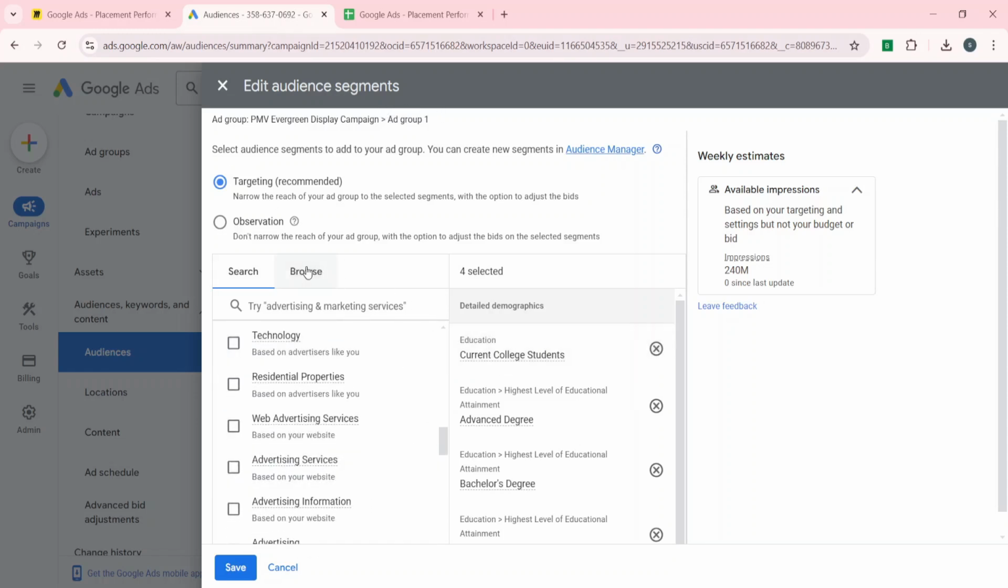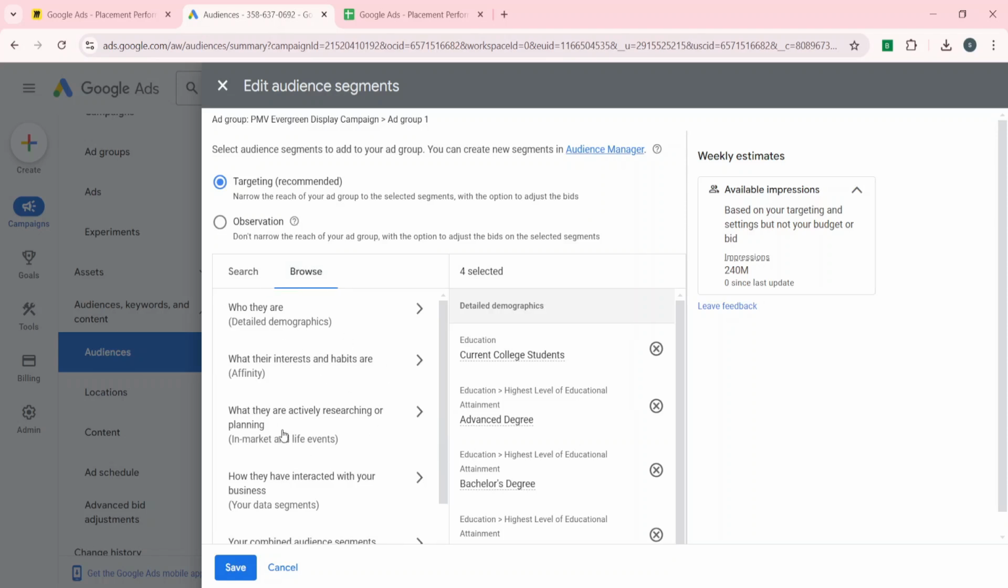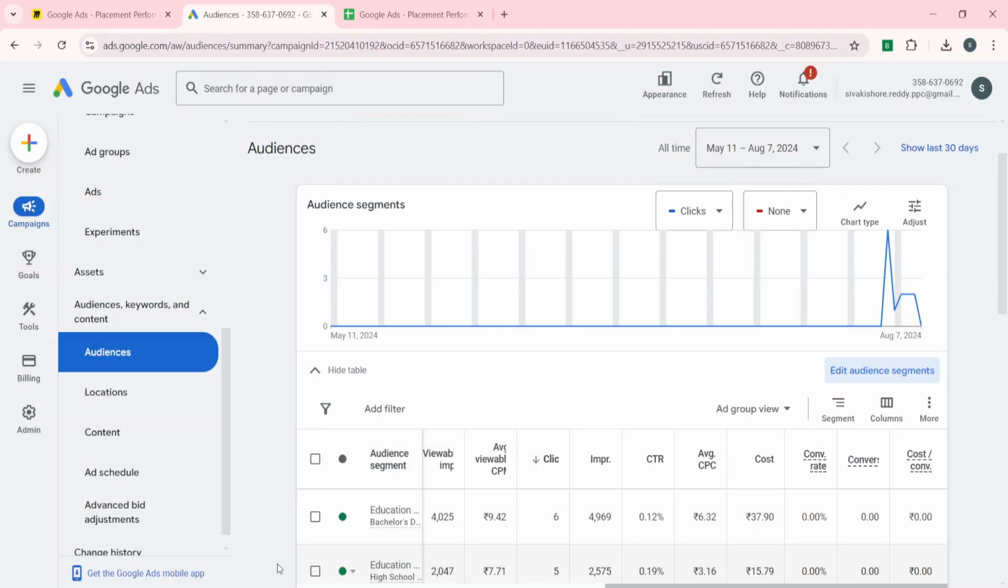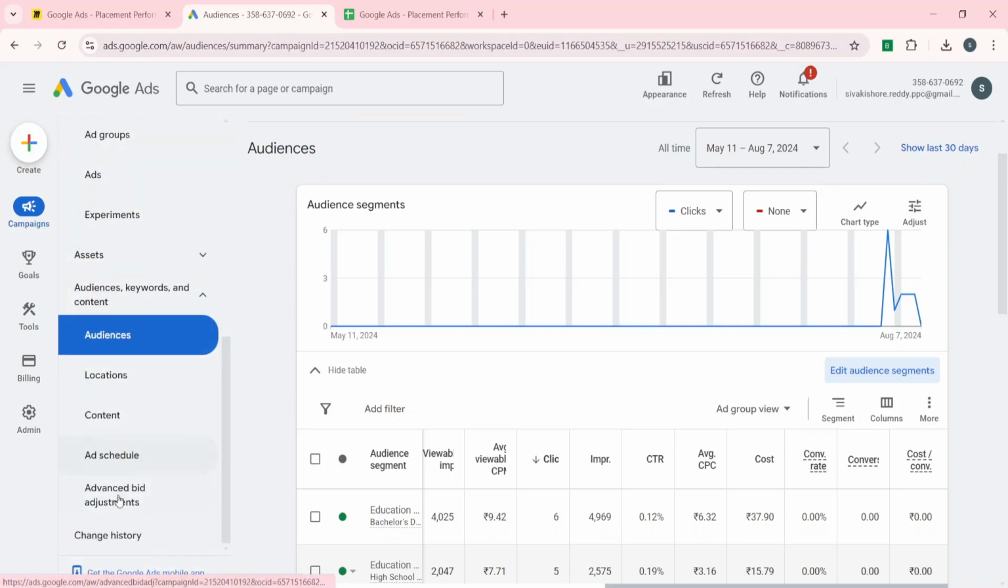And here you can add those audiences and edit all those audiences, or remove those audiences that you don't want if you are in the targeting mode. If it is in the observation mode, no need of it, because it will show ads to all the audiences, right? And if you want to edit these targetings at an advanced level, you go to the content only that we have already discussed,